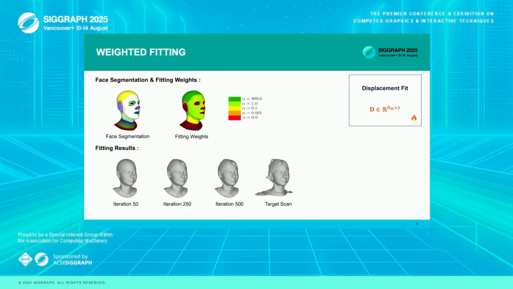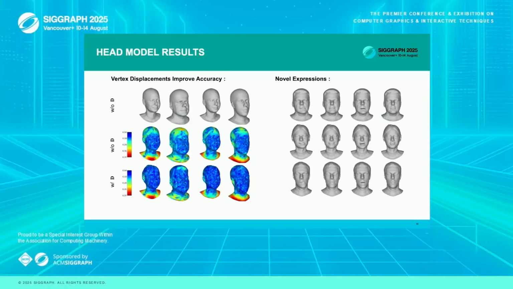And this results in a highly accurate geometric representation of the actor's head. Here we see results of our head modeling pipeline, which creates a model that is both accurate and expressive. So on the left, the heat map shows the geometric error, and as you can see, adding our per-vertex displacements improves the accuracy of the fit to the actor's scan. And on the right, we demonstrate that our model is also expressive, and it's capable of generating a wide range